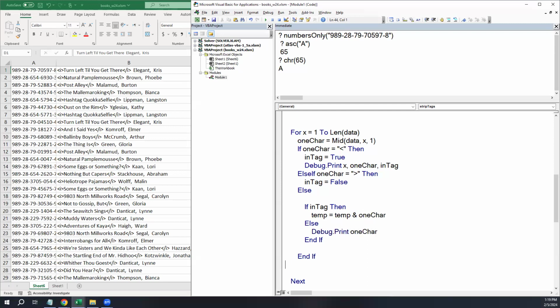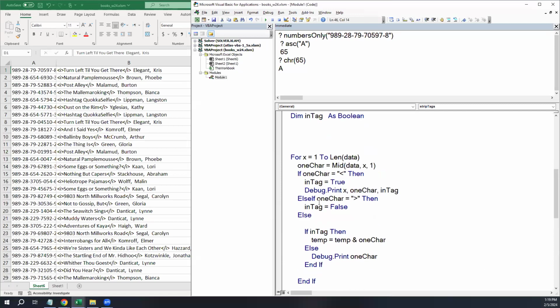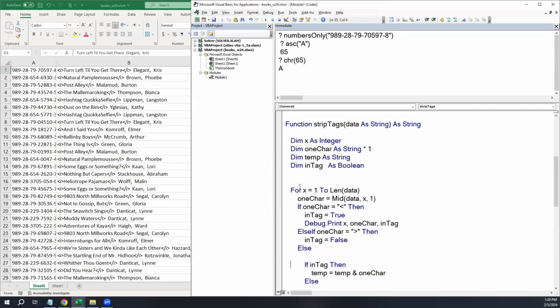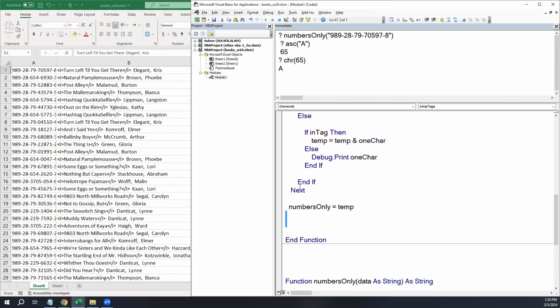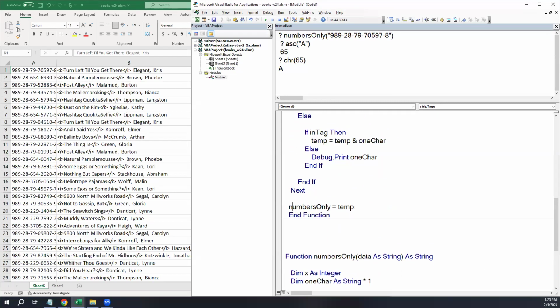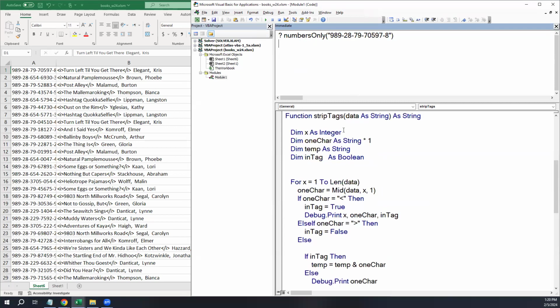And then ultimately, we get to the bottom of this, and we're ready to return our temp. But our function is not numbers only. What's it called? Strip tags. So to set the name of the function, or set the return value, I set the name of the function equal to the value I want it to return. Ooh, so now when I run this, called strip tags,